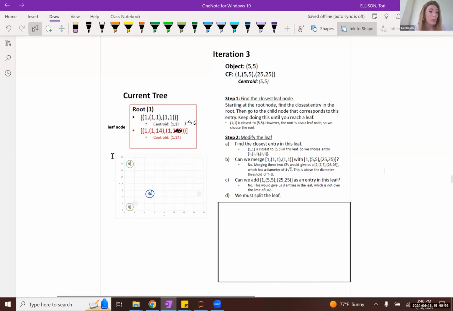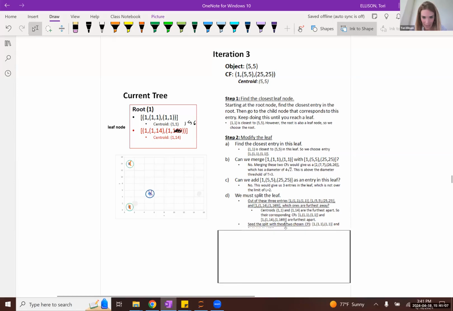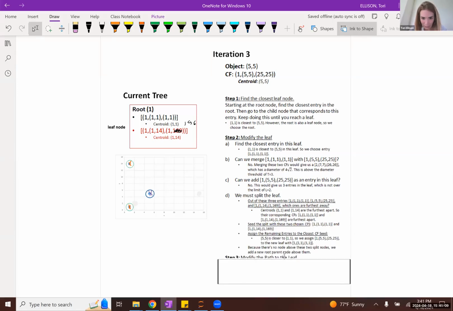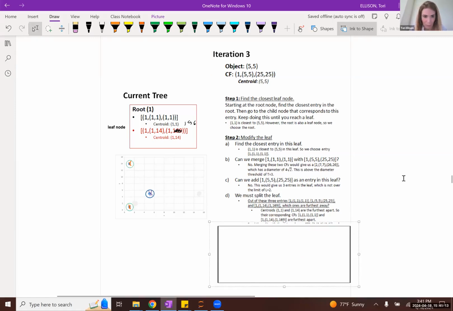When we split a leaf node, we consider all of the current subclusters represented in that leaf node and the incoming subcluster. Then we pick out the 2 furthest away subclusters. In other words, we pick out the 2 centroids which are the furthest apart from each other, so that would be this subcluster and this subcluster.